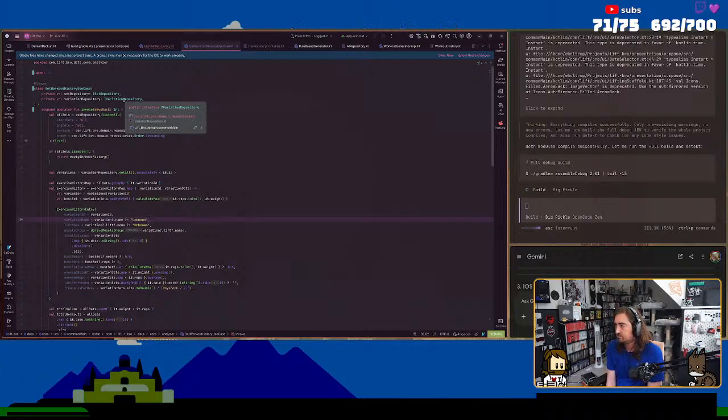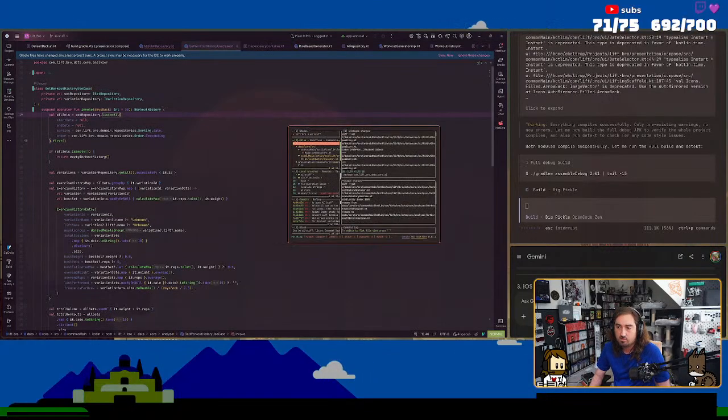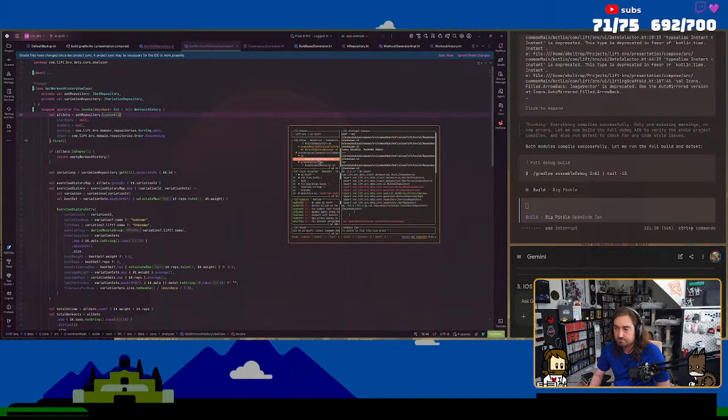Oh, it's like fixing detect or something, right? Look, it's wasting my precious tokens.